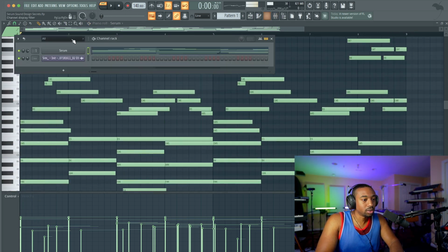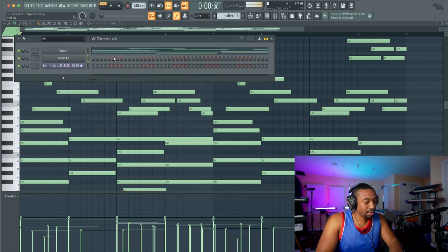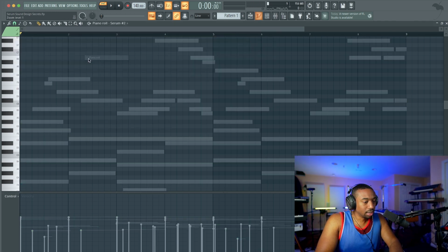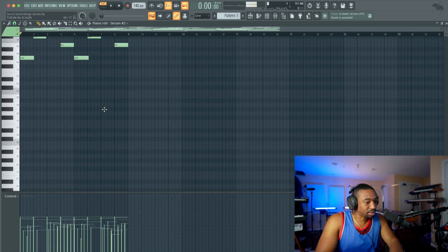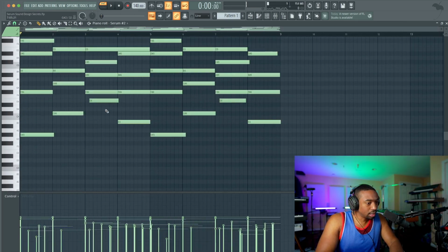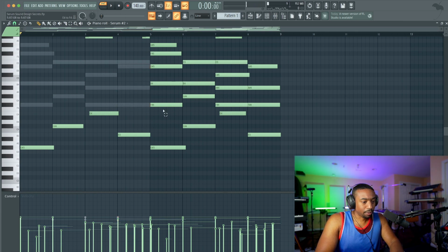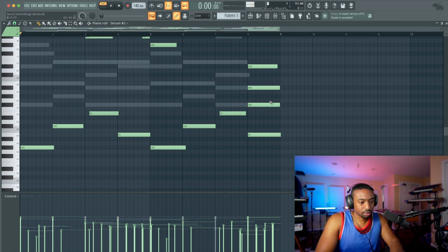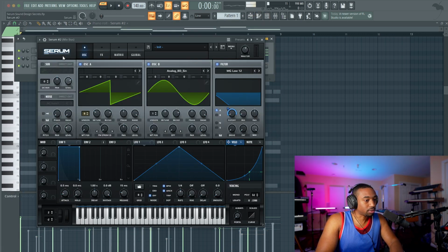Okay, now what we're gonna do is build a bass. Let's take the same chord progression. We're gonna clone Serum. We're gonna start from scratch, but build out a bass. Now this performance is very heavy. It's very full. So we need to simply make sure that we're only adding bass notes here, not copying all the notes. So all the bass notes are kind of arranged differently. So I'm gonna move stuff out the way. I'm gonna get rid of all this. So I'm just taking that bottom note, only the bottom note, and then we're gonna start from scratch in Serum here. Hit Control L, send it to a new mixer channel.